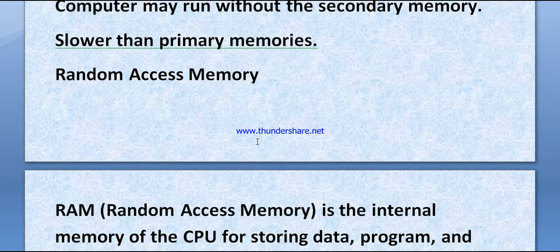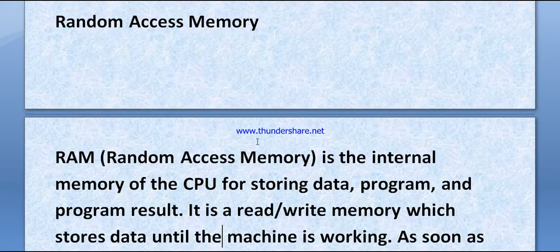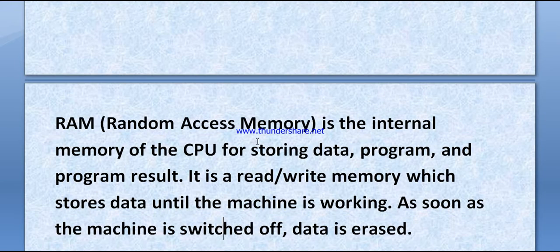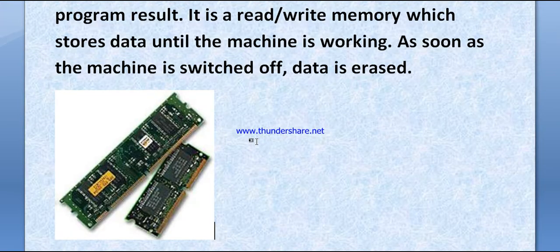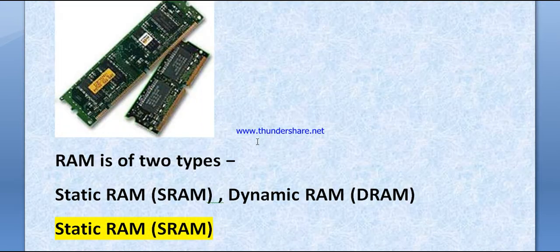Random access memory. RAM is the internal memory of the CPU for storing data, programs, and results. It is read-write memory which stores data until the machine is working. As soon as the machine is switched off, data is erased. RAM is of two types: static RAM and DRAM. Static RAM,